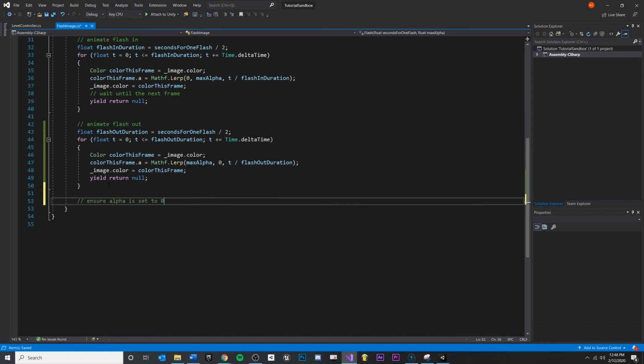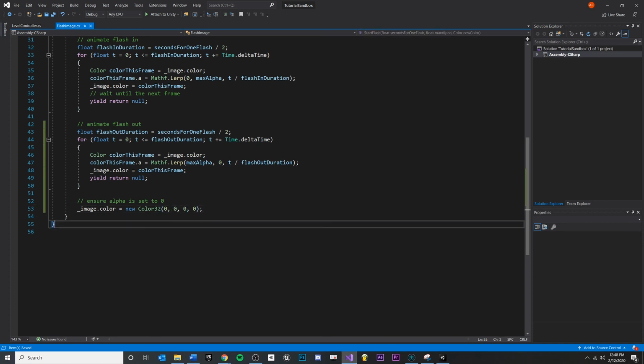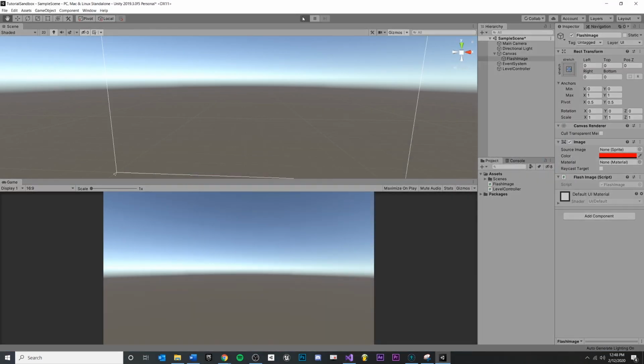And I think this is a good case for a comment when I'm putting my reasoning for doing this. At the very end, last thing, I'm just going to make a brand new color of 0, 0, 0, 0. The reason I'm doing color 32 is because I want to be able to set the alpha. And if you do a color, it's just RGB. So if I save it, now hit play,